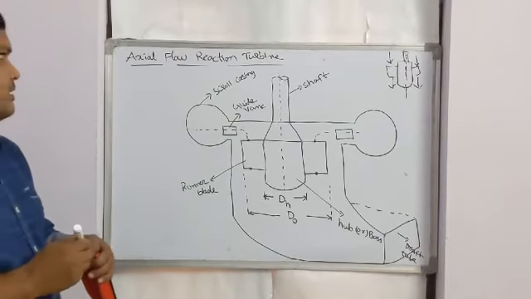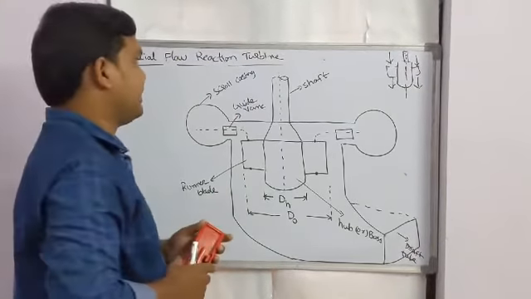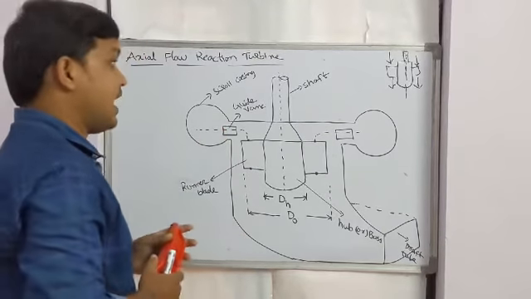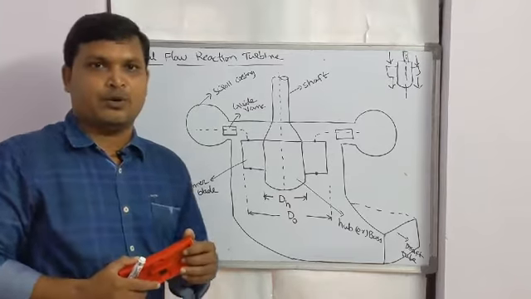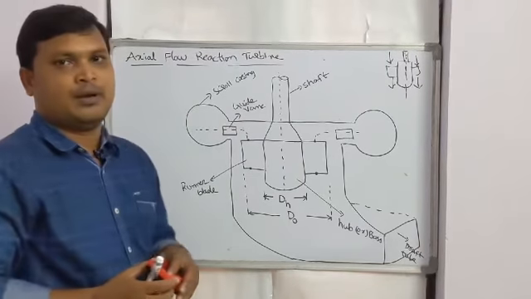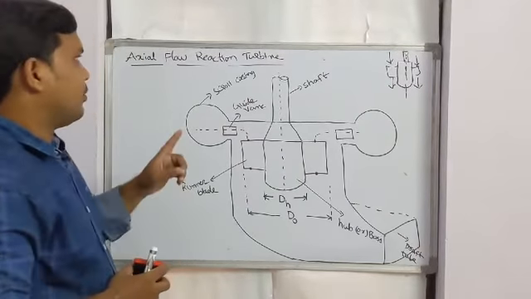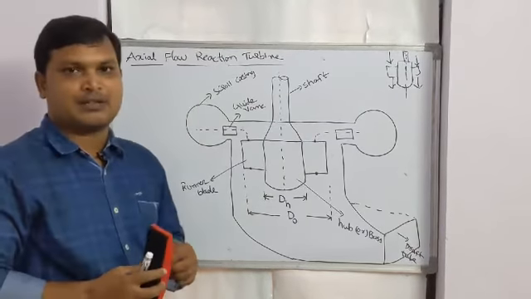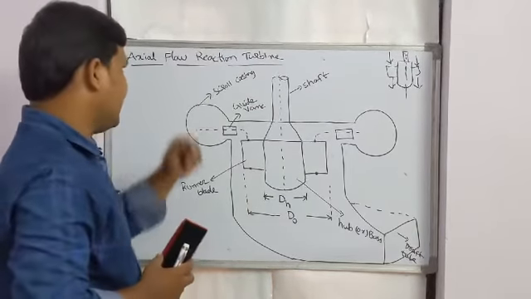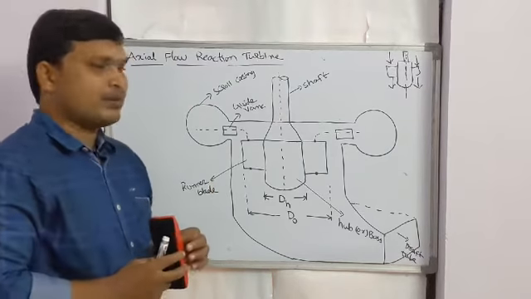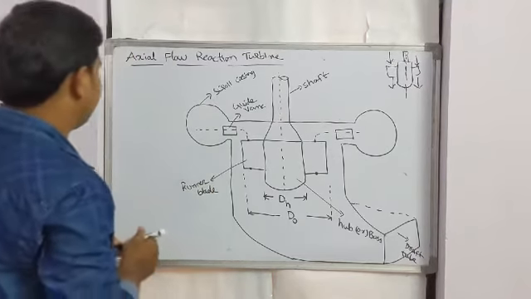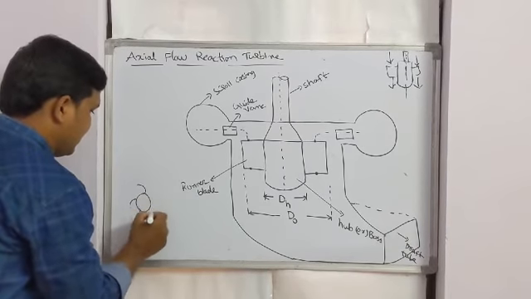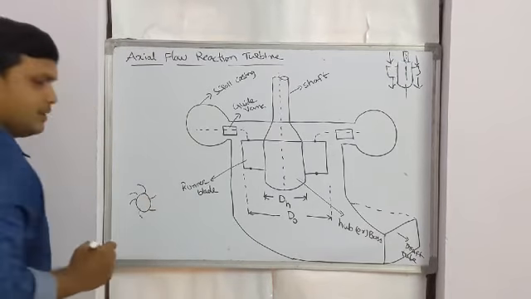So why is it a reaction turbine? In a reaction turbine, pressure energy as well as kinetic energy plays an important role in developing more power. According to action, we have two types of turbine: impulse turbine and reaction turbine. An example of an impulse turbine is a Pelton wheel. This is a Pelton wheel runner, and these are the blades of the runner.